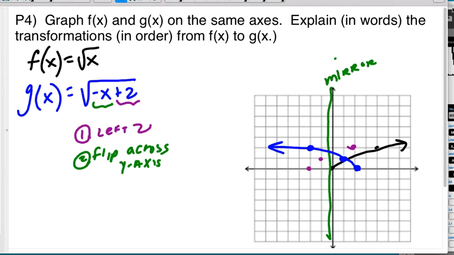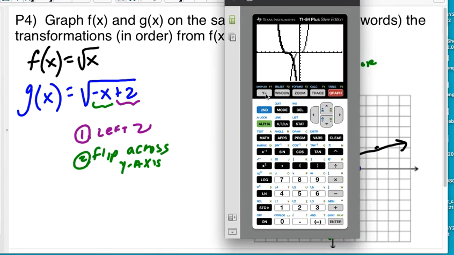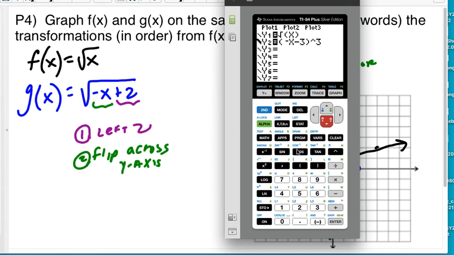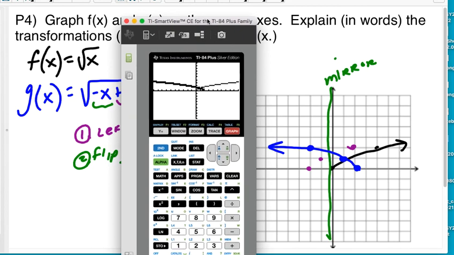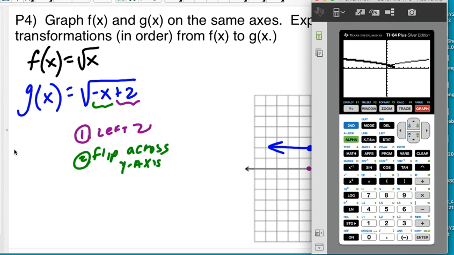So then we can check that again by plugging our stuff in our calculator. So we're going to do square root of x. And then down here, we'll do square root of negative x plus 2, and we don't need the cube stuff. All right, that looks right, and we'll graph it, and sure enough, that's our graph. It matches what we had, right? The black line for us is the narrow line, and the blue line we drew is the thick line, okay? So that's how it works. All right,